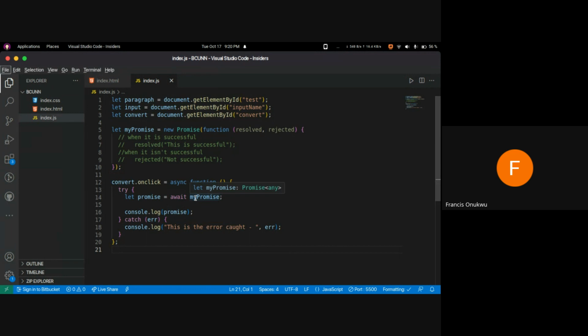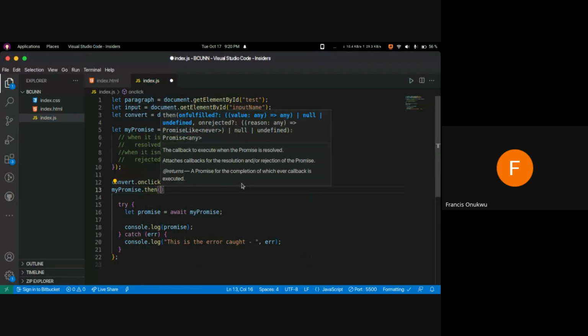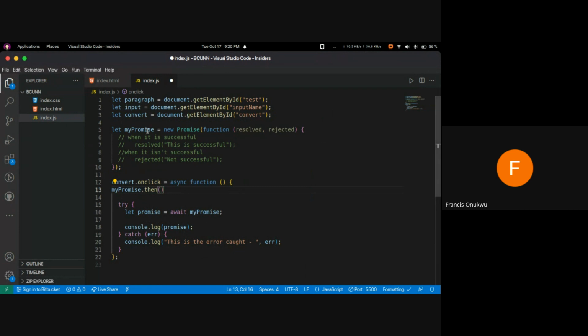I also gave an example of how you could do something like this if you don't want to use the try and catch when you're working with promises. I could do something like this. My promise, dot then. Dot then is a method in the my promise class, and my promise here is actually a class that is created from this promise constructor. So my promise then, like I said, is a method in the my promise class. What it does is it takes,